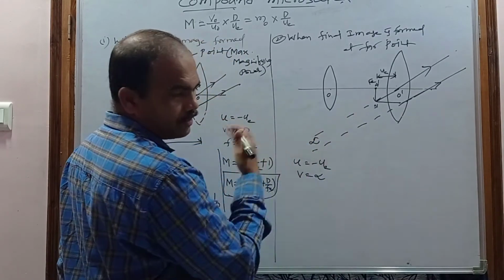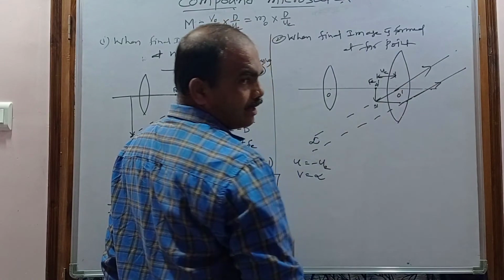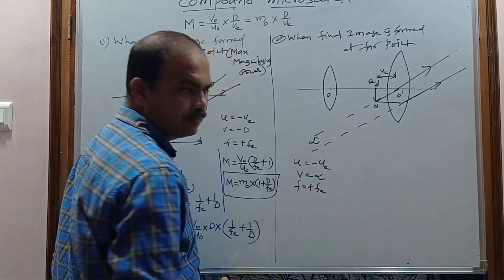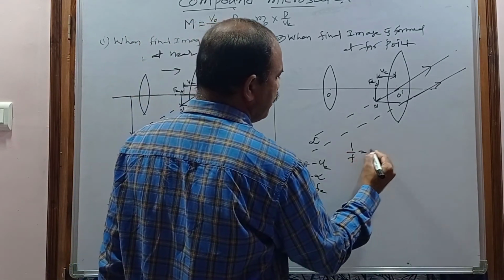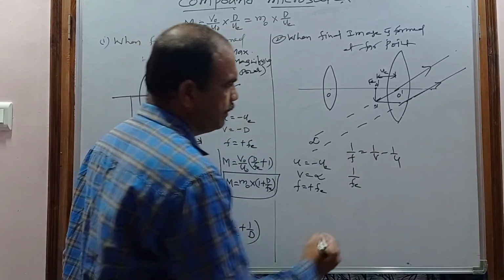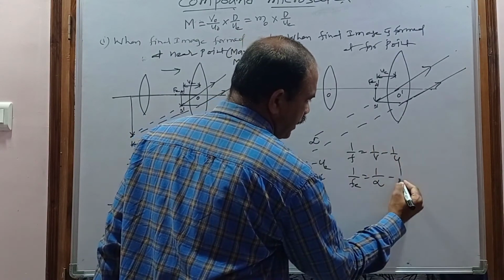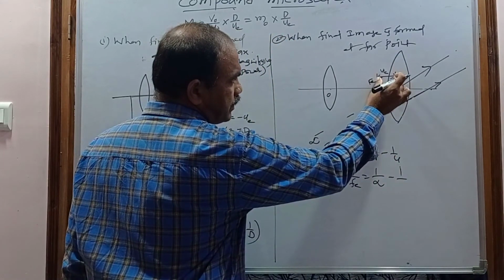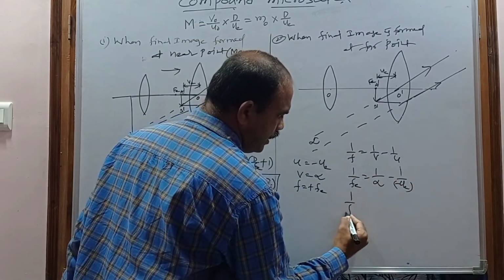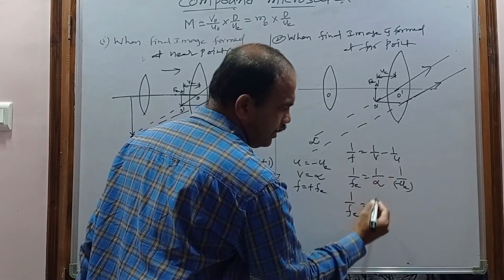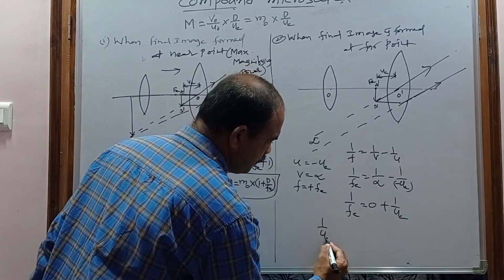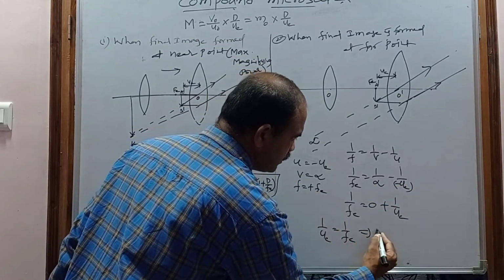The image distance is at infinity. And this eyepiece is a convex lens, that's why the focal length is positive. Again by using the lens formula, 1 by f equal to 1 by v minus 1 by u. So 1 by f is 1 by f suffix e. So 1 by v is infinity, minus 1 by u. The object distance for the eyepiece is minus u suffix e. So when I simplify, 1 by f suffix e equal to 1 by infinity, which is 0, minus into minus plus 1 by u suffix e. So 1 by u suffix e equal to 1 by f suffix e. So from this, u suffix e equal to f suffix e.